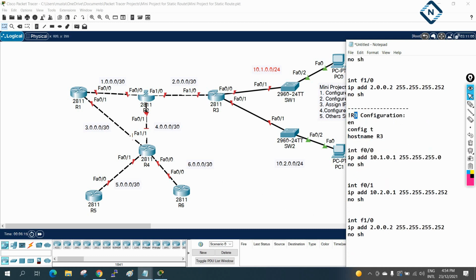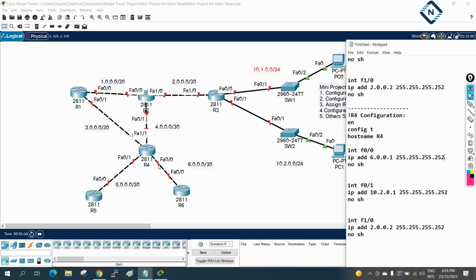If you see R4, and then I will make this also R4 here, and then after that what I will do here, how many interface? This is F0/0. So I will go here F0/0. I will write here 6.0.0.0. This one all are 0, and here will be 1. I will write 6.0.0.1, and the subnet mask is /30, means 252. Last will be 252. So this is okay. Okay, I assign here R4 6.0.0.1 255.255.255.252.